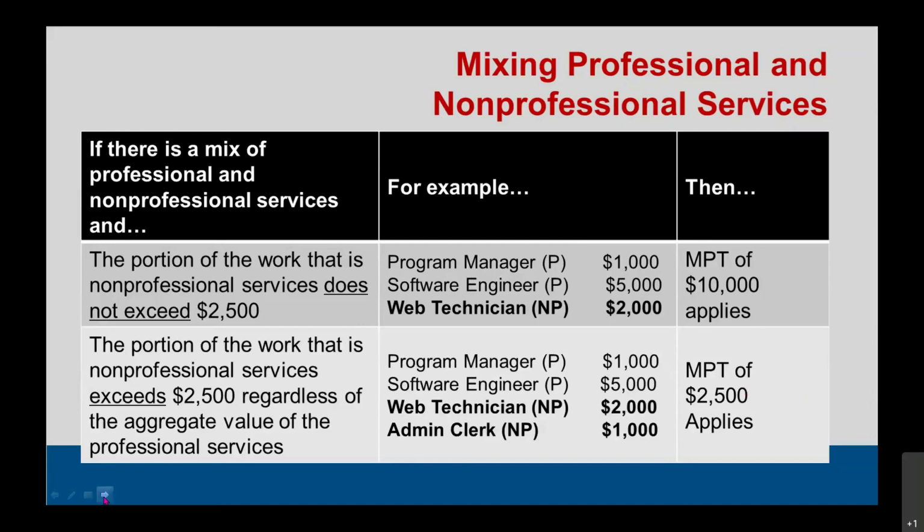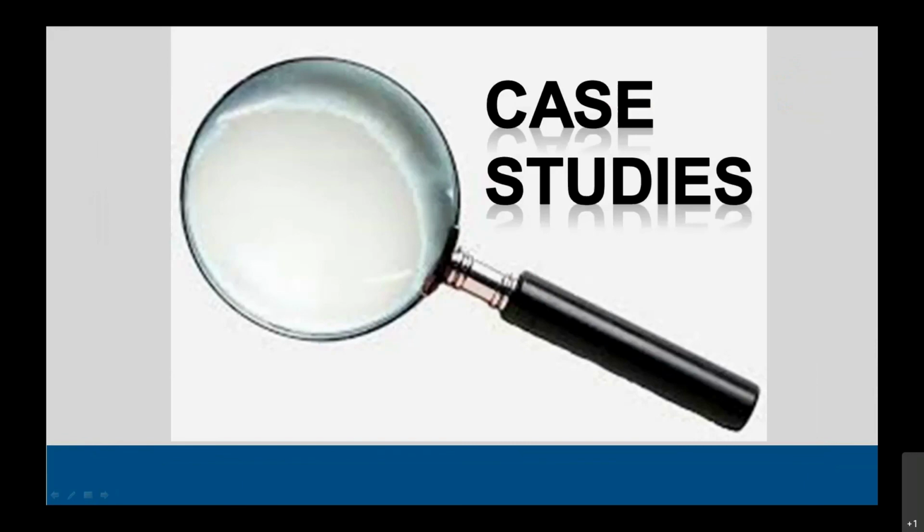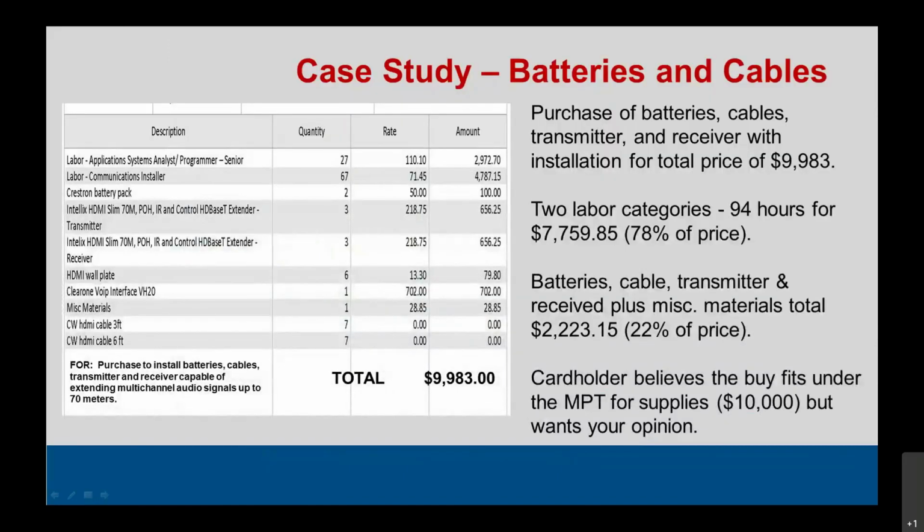Those examples help. So now that we've had a roadmap of some questions you can ask, we're going to apply them to a couple of case studies and see how that goes. Our first case study is, and these are all real world examples, by the way, a cardholder who received a request to purchase batteries and cables along with a transmitter, extender, and a receiver capable of extending multi-channel audio signals up to 70 meters. And you see the total price was